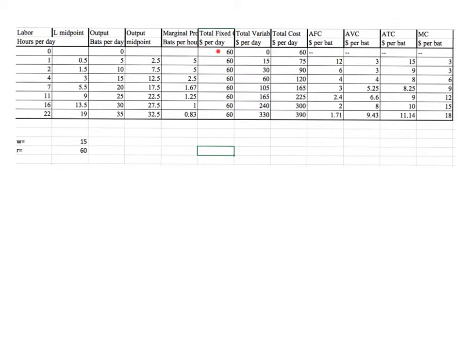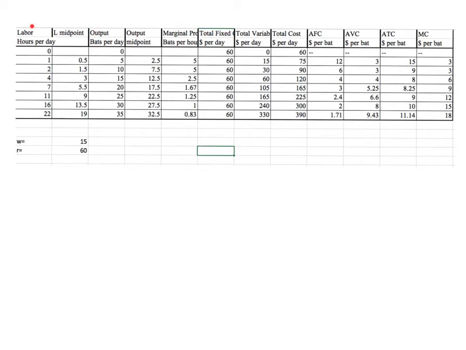Then we talked in class about fixed costs, which just come from our given fixed costs. Variable cost is this wage rate times the number of hours we're employing. Total cost is the sum. Average cost per bat is undefined when output is 0, but otherwise the average fixed cost is the total fixed cost divided by output. So the key thing as we move to discuss costs is we're keeping track of how costs change with output,